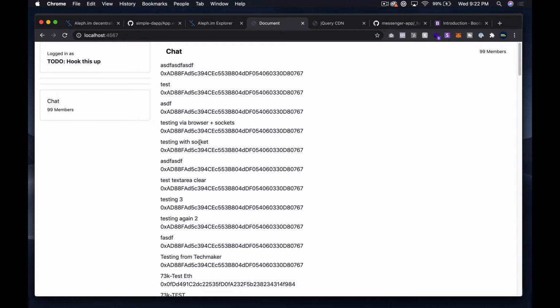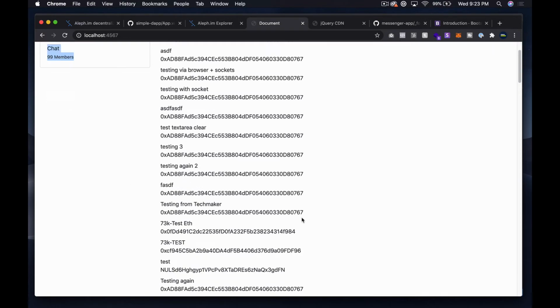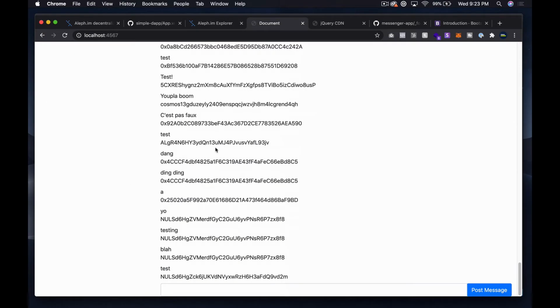Okay, so right now, you can see here we've basically got this unstyled thing. In the past, this was showing logged in as, and then it's got your username here. And then it has the rooms, and there'll be other boxes over here on the left with the rooms. And then you can see we have all the messages coming out, and then we're printing out the address that it belongs to. And then down here at the bottom, we can post message, and